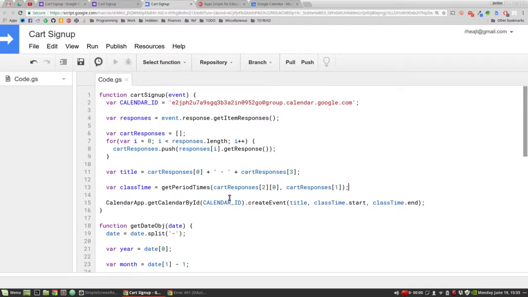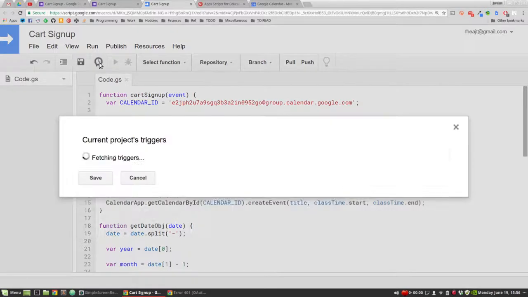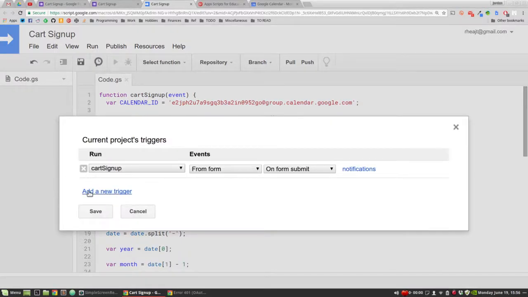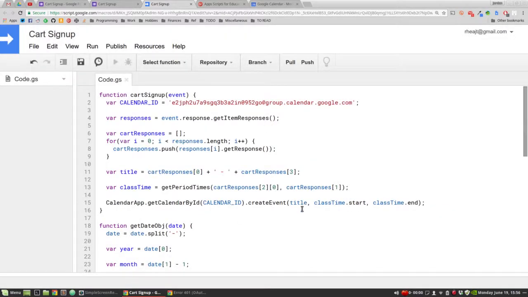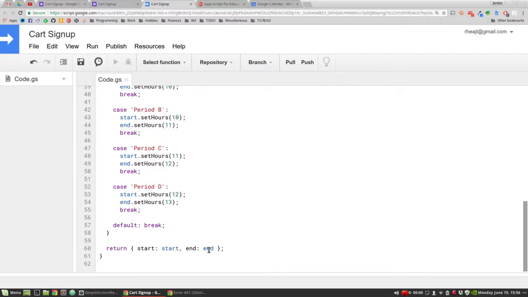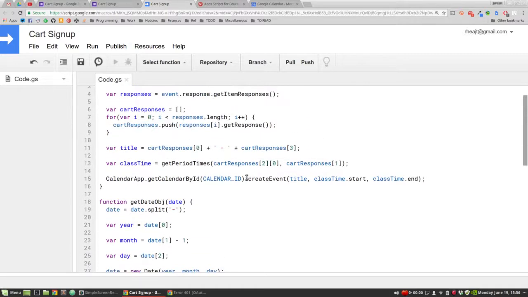All right, sorry, I had to pause for a minute to fix some permission errors. Originally, I had just given permissions to the calendar, so you're going to probably have to go back in and delete your project trigger and re-ask for permissions. Okay, so what it's doing now is it should be writing everything into your calendar,